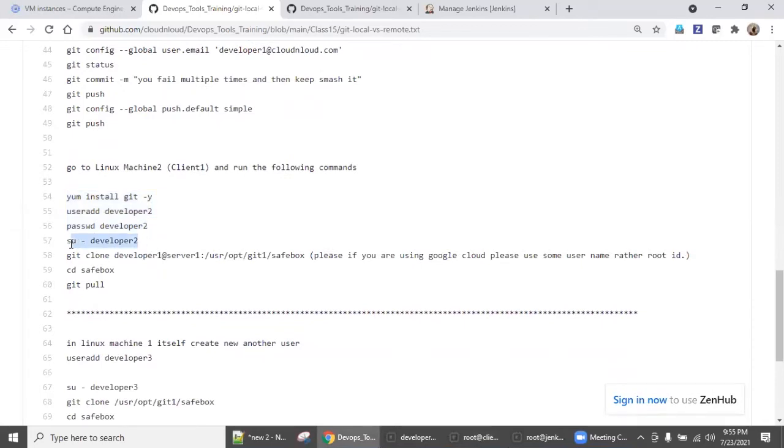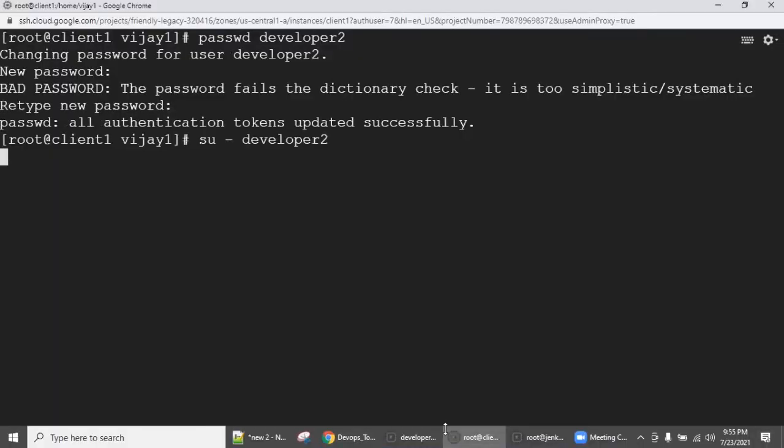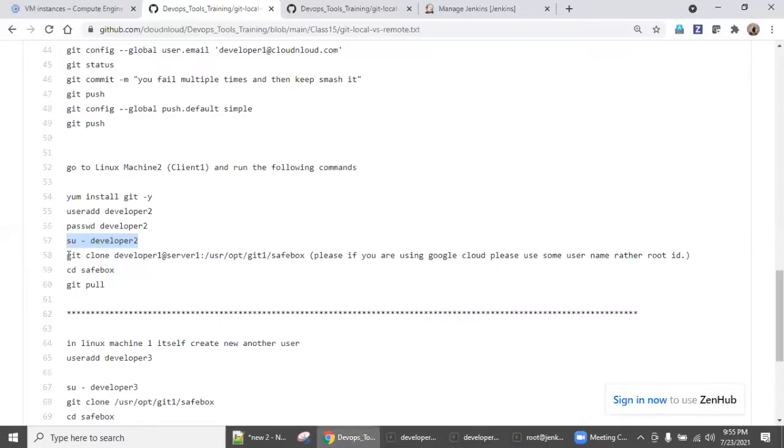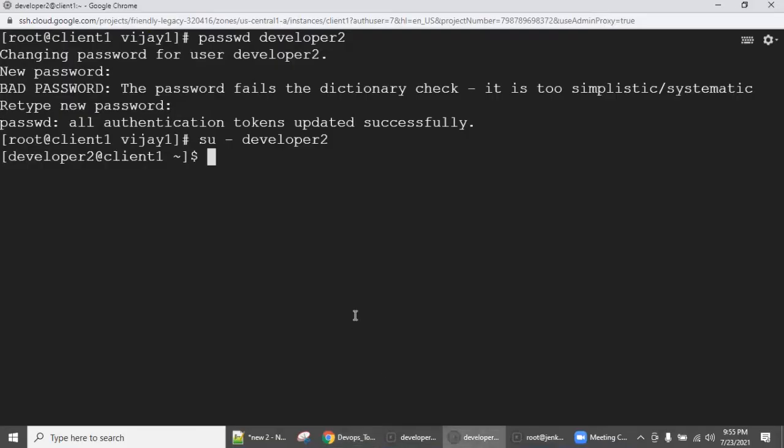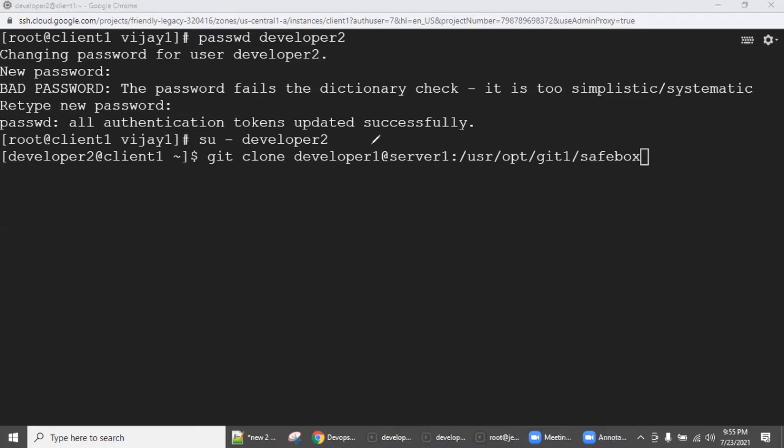Log in as the newly created user called developer2. I'm going to log in as developer2. Yes, I logged in. Now you need to clone it, just as you normally would from github.com. So I'm just going to clone. Remember, you need to give a username who is authorized. Normally this user can be some functional user ID in real-time projects, the common user as per the role you applied, which everybody will use to manage.